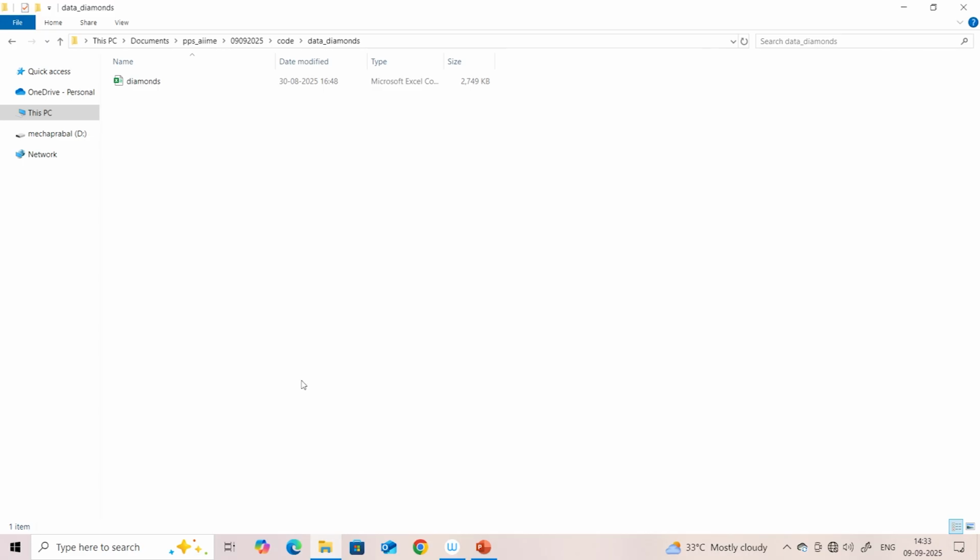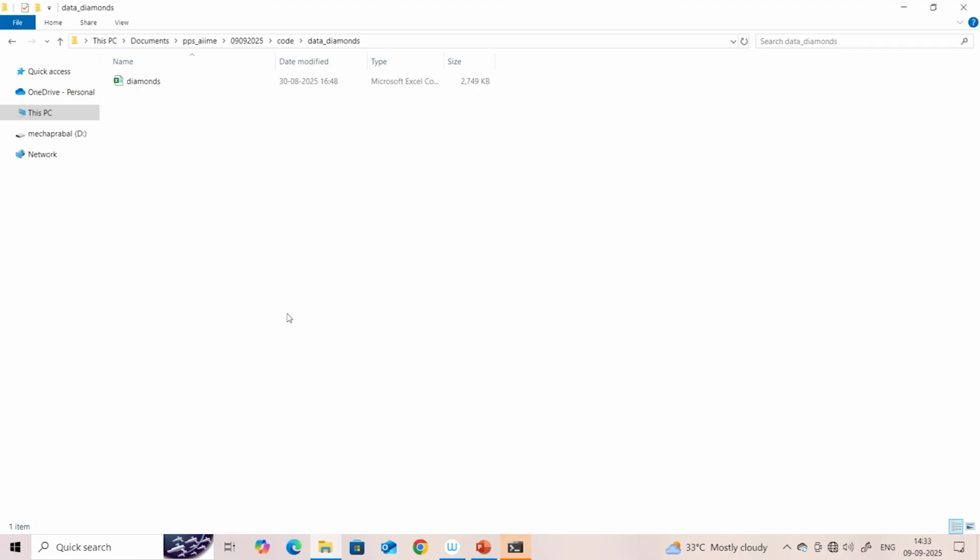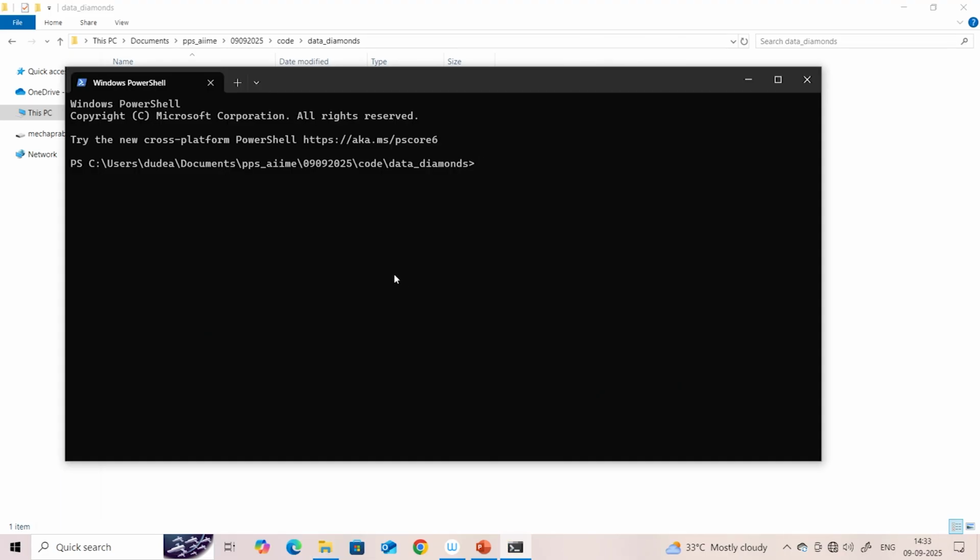You can open a terminal by right clicking in the empty space and clicking on open in terminal. Now a terminal window will open. We are utilizing this in Windows 10. The process in different versions of Windows remains the same. You just need to install this Windows Terminal from the Microsoft Store first. Now if you write here python --version,